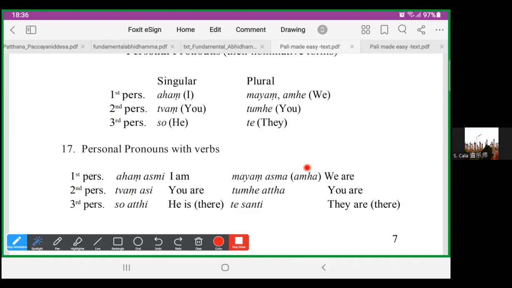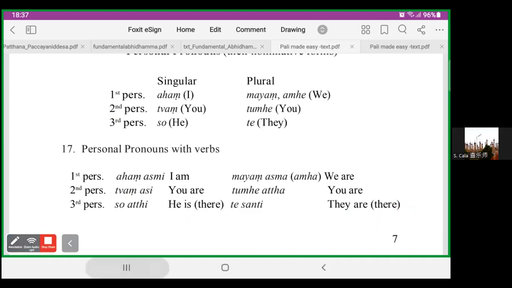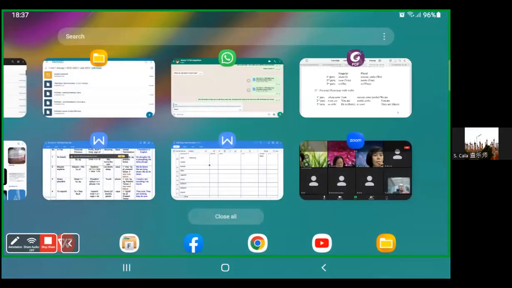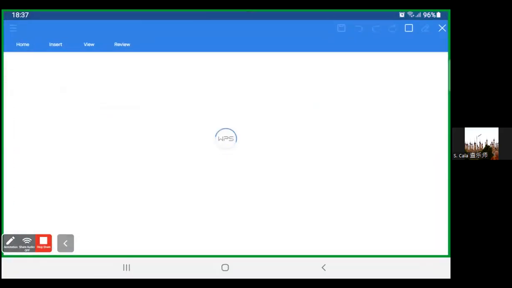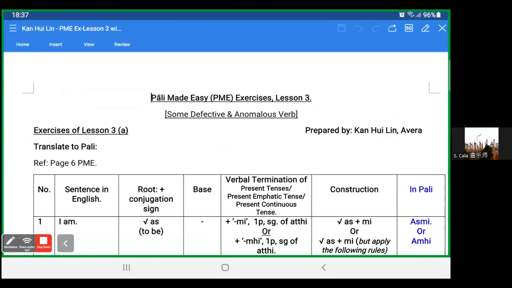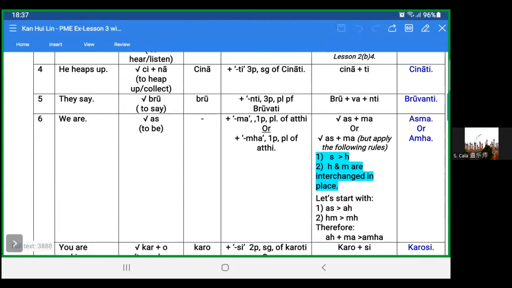Okay, so this ati we learned already. You get ati from as plus t. Then santi is as plus anti. So it still comes back to the t, anti, sita, mima. I think last week I showed you all. I'm not so sure whether you all still remember or not. Okay, so this filling one.